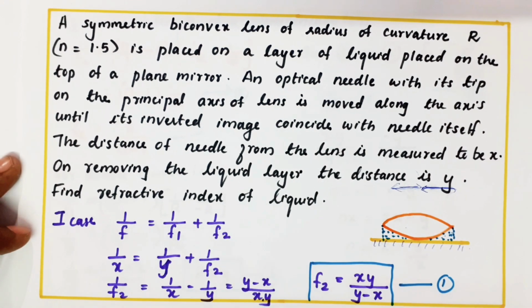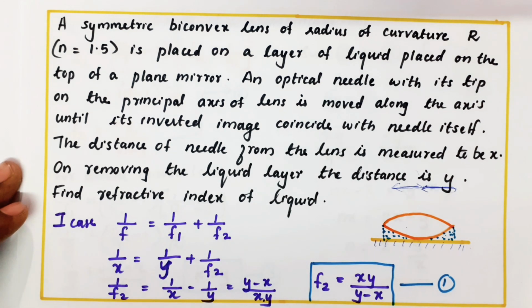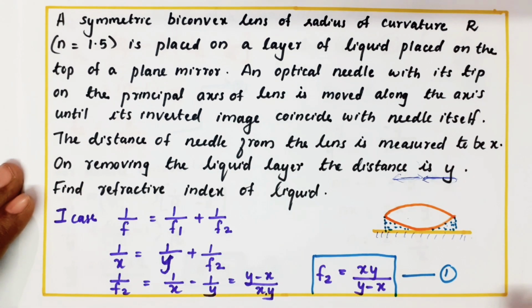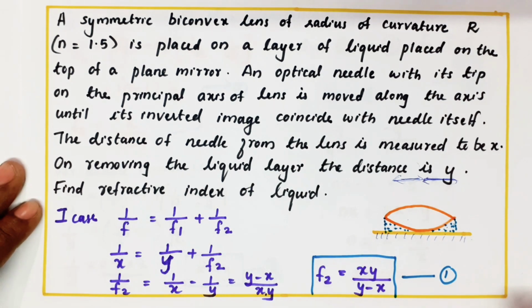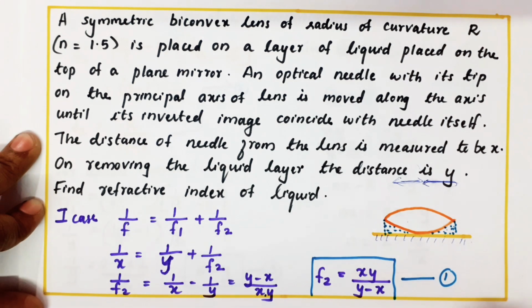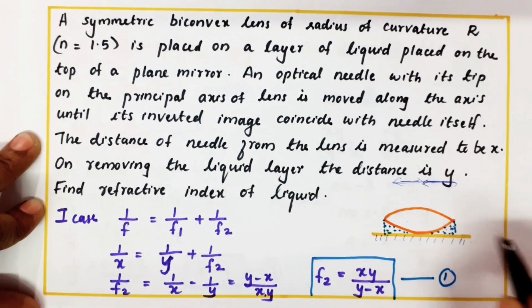So actually this is like a liquid lens. So in this case, where the object and image coincide, it is the focal length. That's a very important thing. Where the object and image coincide with itself, that distance we call the focal length for this situation. This is the situation of a plane mirror and a convex lens. So we call it a liquid lens. Okay, so that is the new information you should remember. Where the object and image coincide, the distance is nothing but the